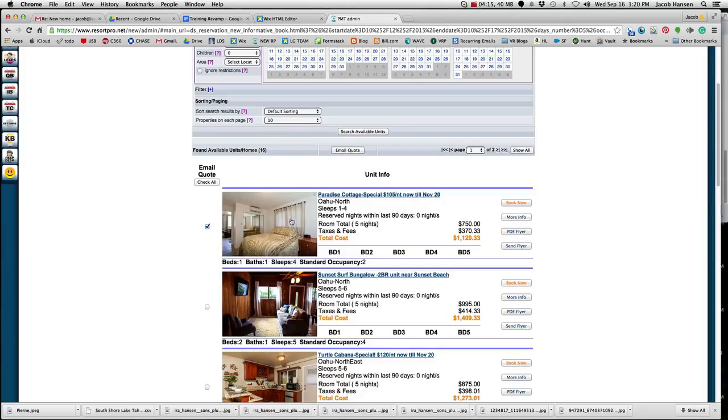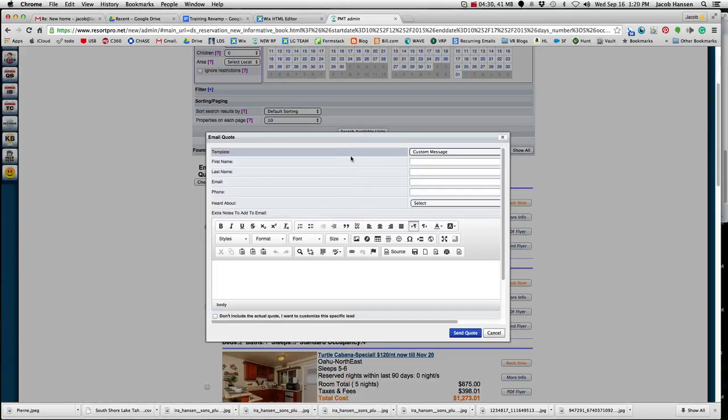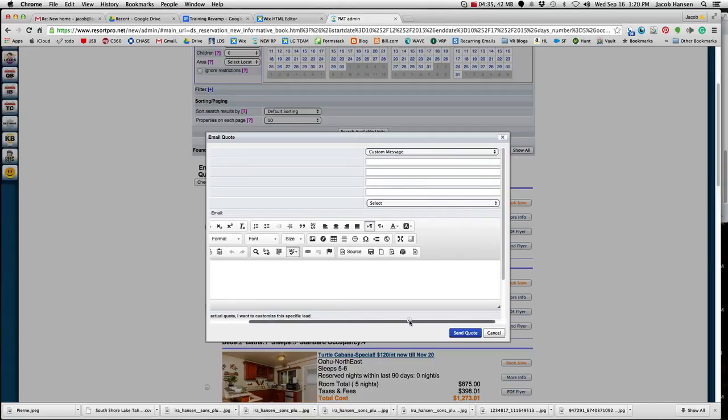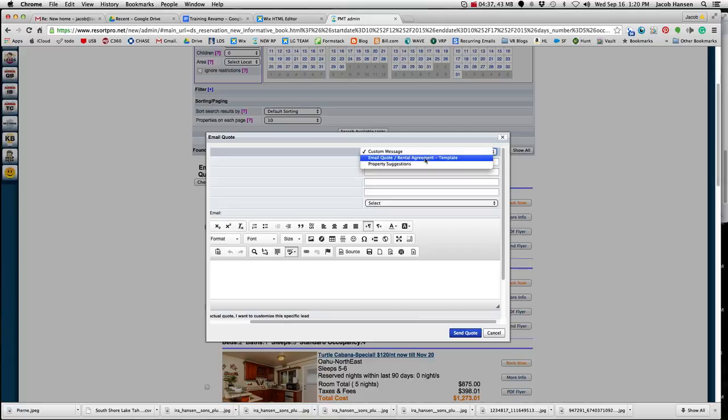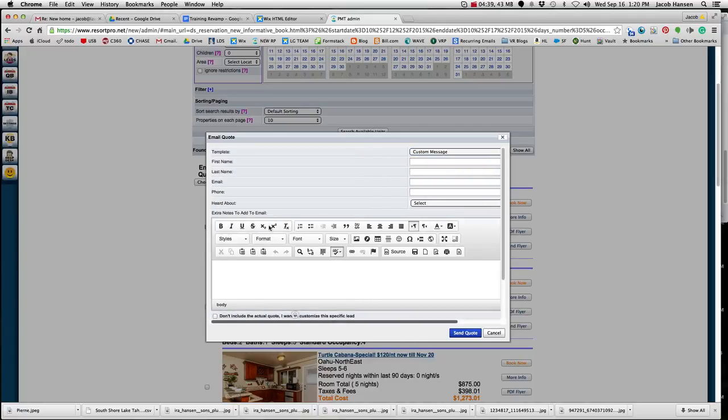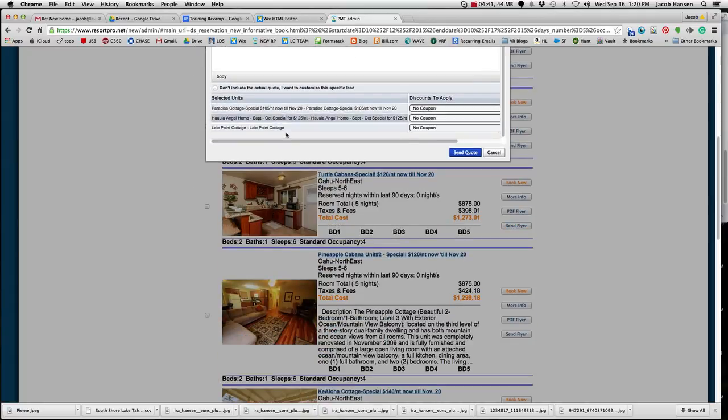Okay, now I'm not actually sending a quote and rental agreement for these properties per se. I'm just going to basically send them these units. So they're not going to be able to book when I do this, but I'm just going to send them the suggestion of the units, and I'll show you how. So I click on email quote, and then you will notice that I have in here these options that I can put into this box here. Okay, so at the bottom I have all these units,